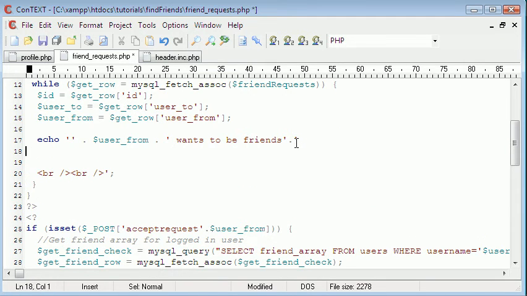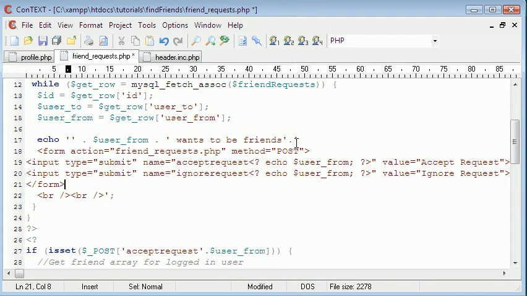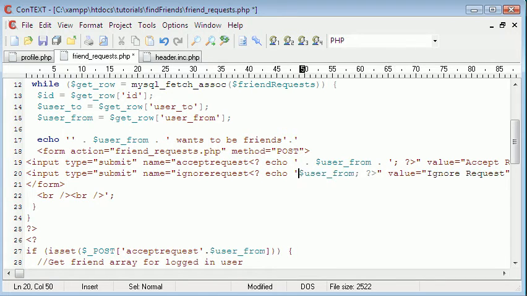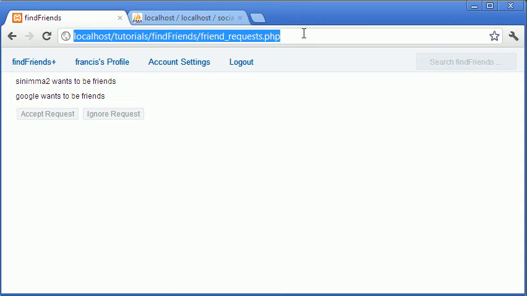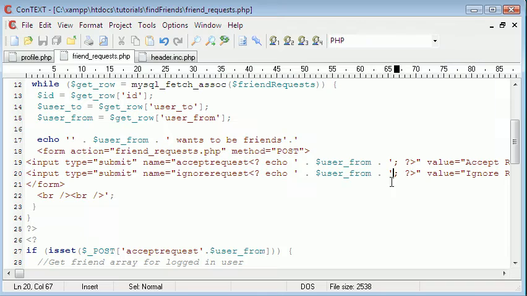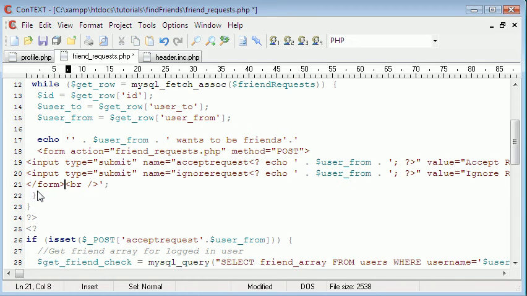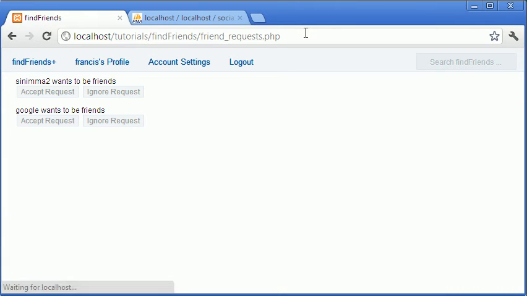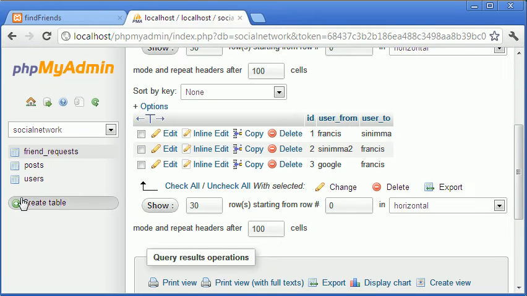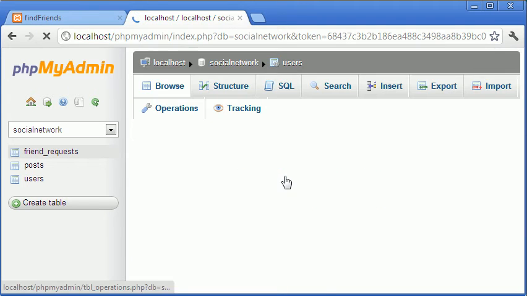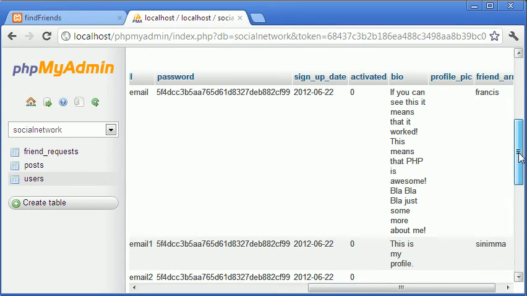Just put it in here. And since we are using the single quote thing, we have to put a dot, a space, a dot, and then a single quote when we're declaring a variable. So let's see, did this fix it now? Okay, so that's fixed, and we can actually just get rid of this. Now theoretically, if I click accept request and I go to users, hopefully, if we did it right,